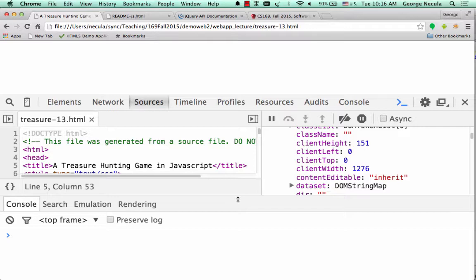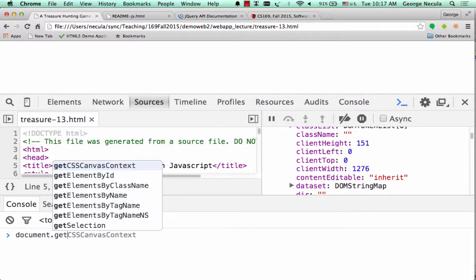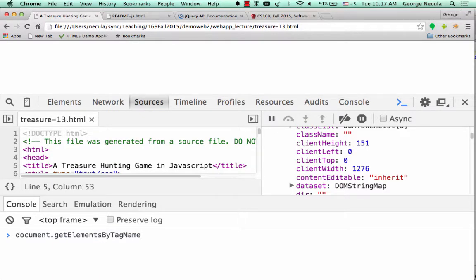How does JavaScript put information on the page, change the page? Also using the document variable. So for example, if I type document in the console, there are many methods a document has. One that I'm going to show you here is getElementsByTagName. This method of the document object takes a tag name, and I'm going to say body,